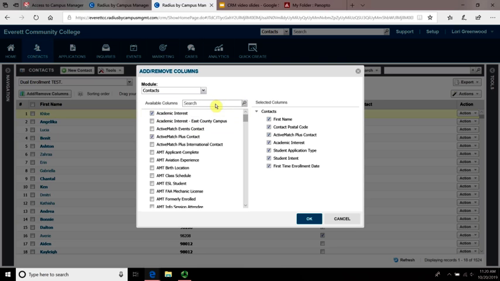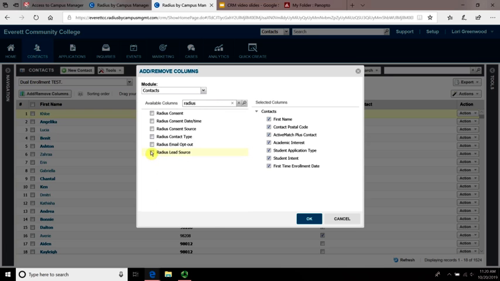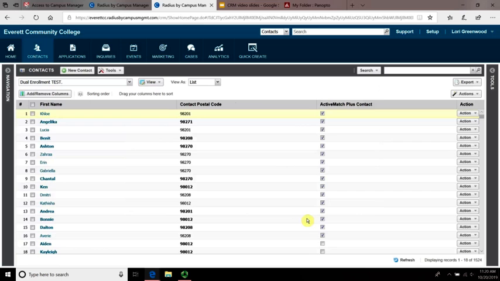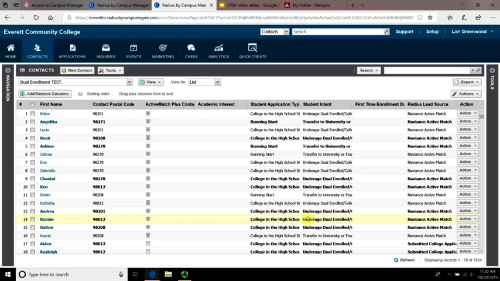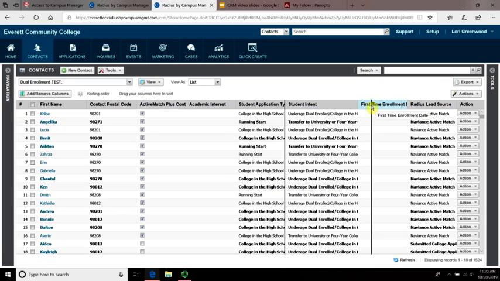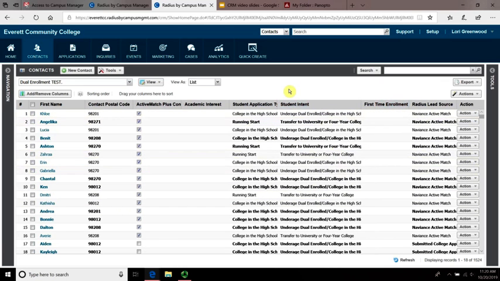And because I'm curious as to how they wound up in the system, I'm going to select a data field known as Radius Lead Source, and that will tell me how they entered the system, and let's click OK. Now, this tells me a lot more. First of all, I can tell that they are not enrolled students. They don't have a first-time enrollment date, and it does look like their application types or their intent is showing dual enrollment programs. So I think we have a pretty good view,